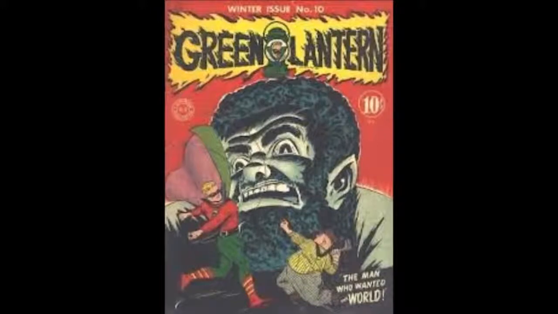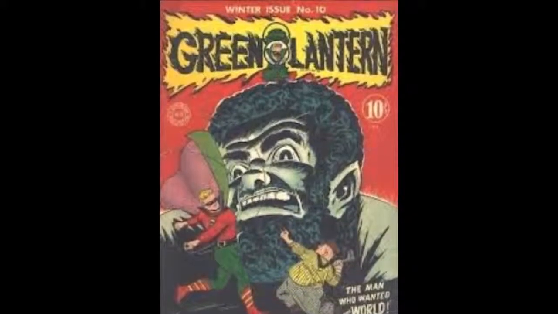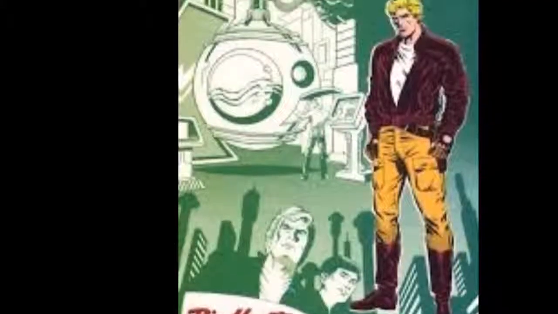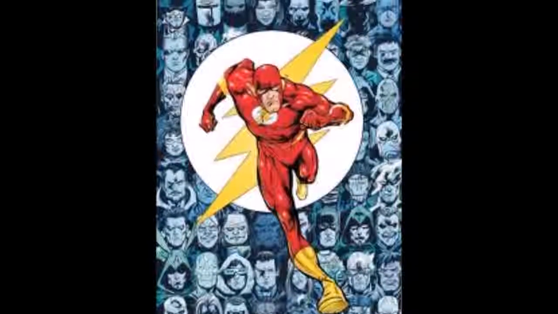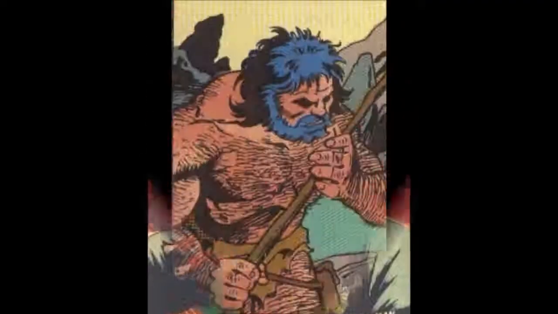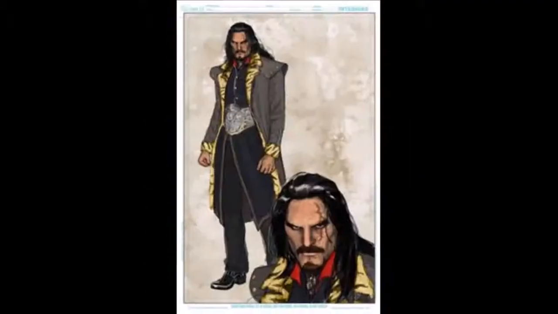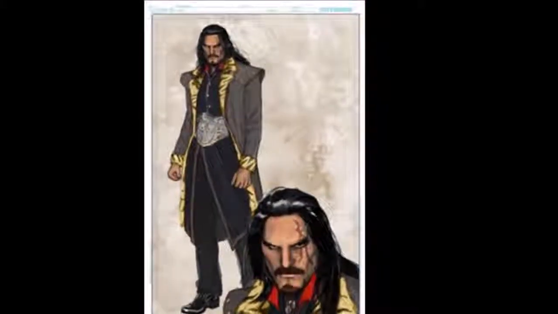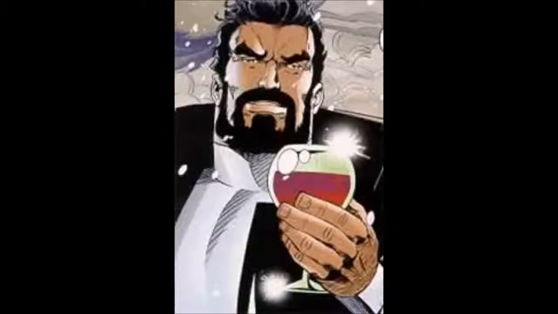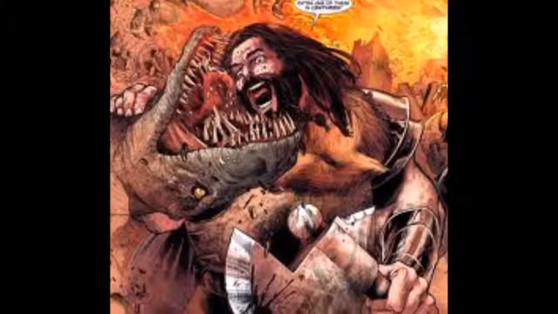Vandal Savage was created by Alfred Bester and Martin O'Dell and first appears in Green Lantern number 10 in December of 1944. His enemies include Green Lantern Alan Scott, the Immortal Man, the Time Traveler Rip Hunter, and the Flash, to name a few. He has made several TV appearances in Justice League, the animated series, in a 3-episode story arc. Described as an immortal, Savage only really cares about one thing: conquest. His abilities include immortality, superhuman strength, a genius-level intellect, and excellent skills in combat. Some of his known enemies